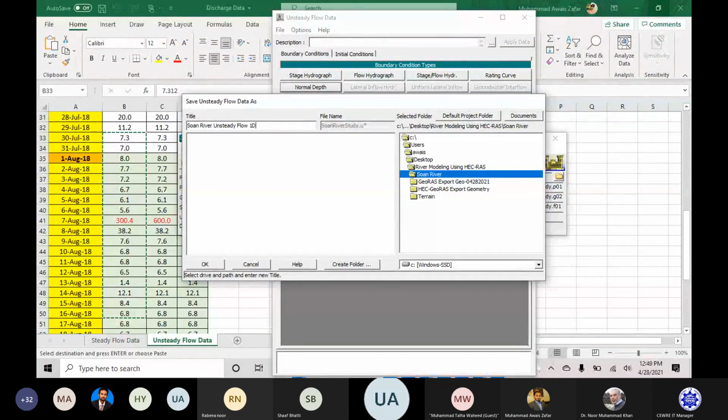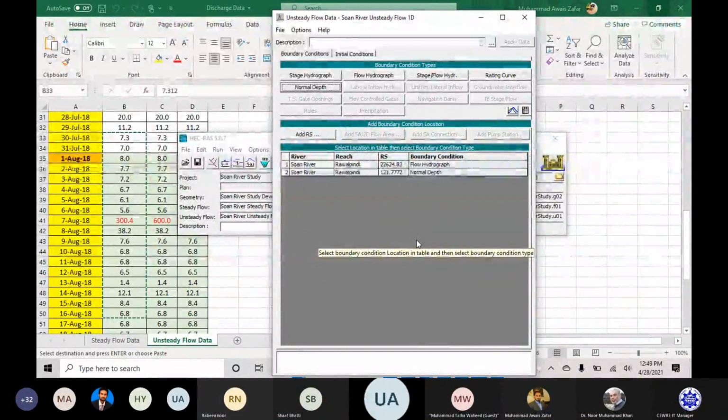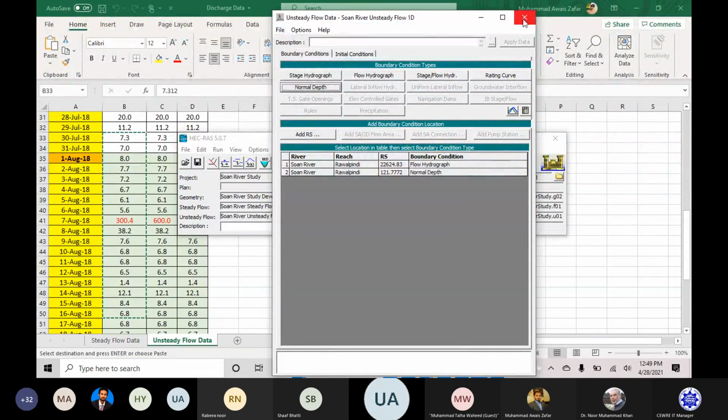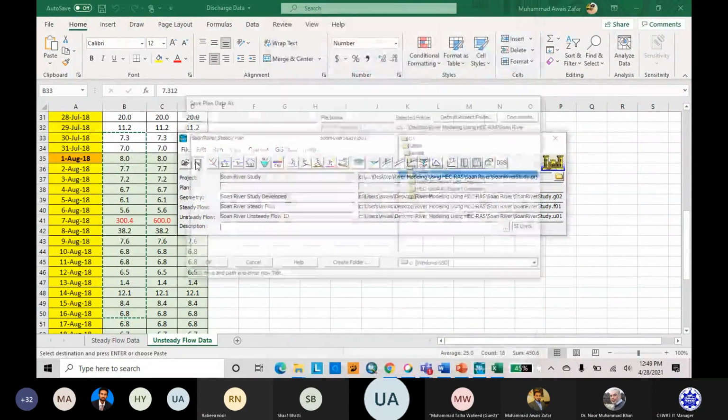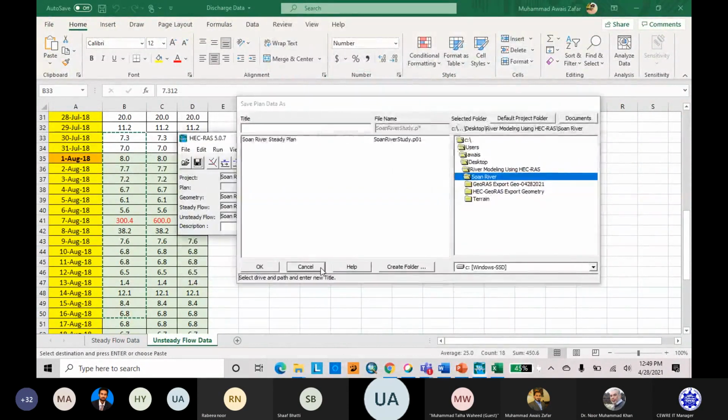Is my screen clear? Sir, can you verify? Is my screen clear?